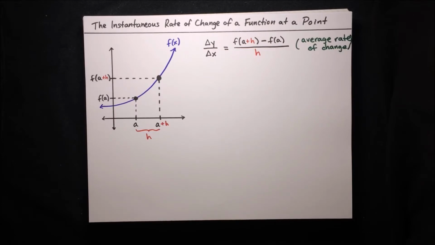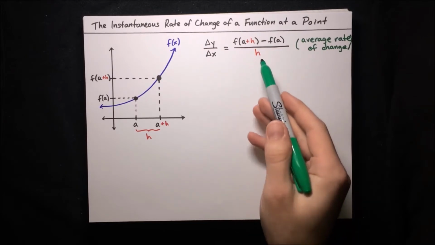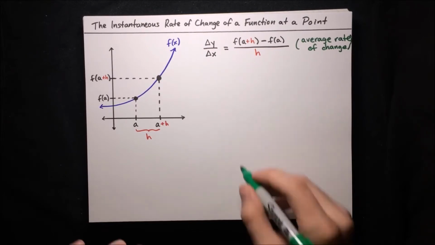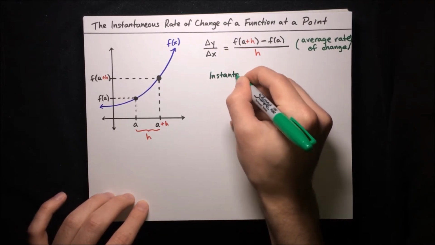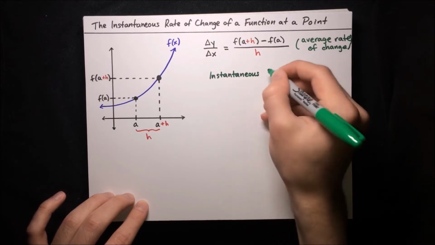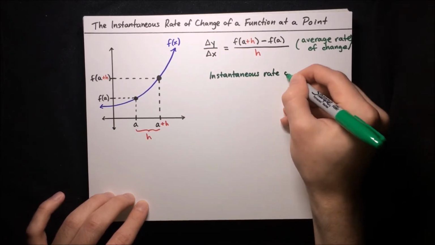But what if we want to find the instantaneous rate of change? In other words, the rate of change at a single moment. Well, the rate of change at a single moment is really just the rate of change over a very, very small duration. So all we have to do is take the limit as h approaches 0. So let's write that down. To get the instantaneous rate of change,